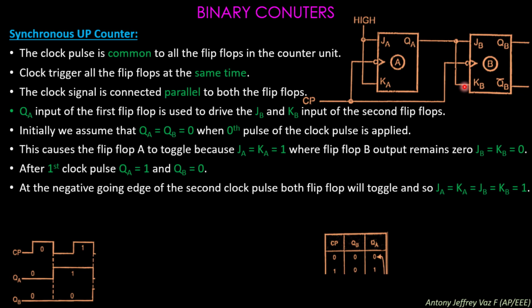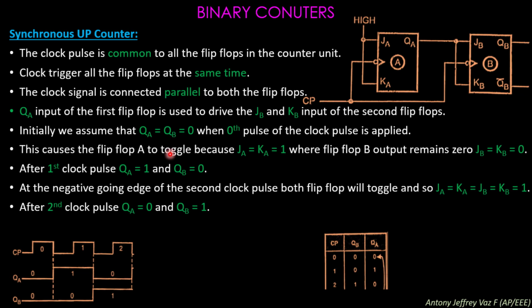So at this time the second occurrence will be made. At the second clock pulse, you may see QA becomes 0 and QB becomes 1. So in the second clock pulse, you can see the transition of QA from the high pulse to a low pulse, and the QB signal from the low pulse to the high pulse is occurring. So this is represented back in the truth table.